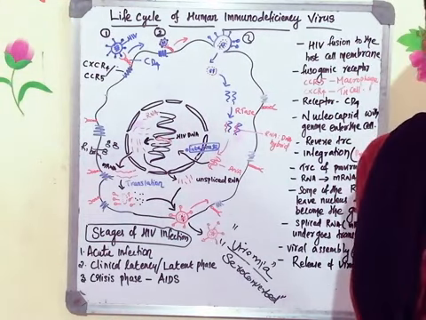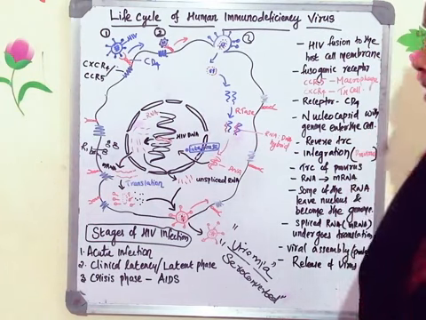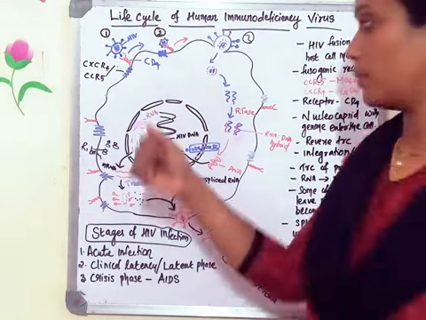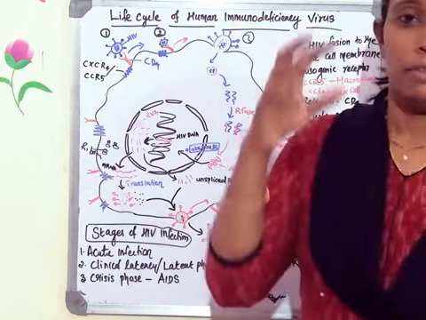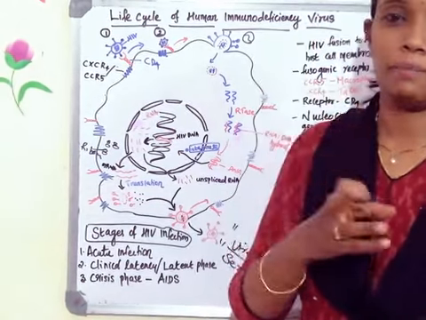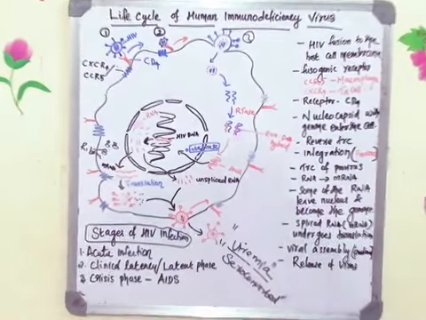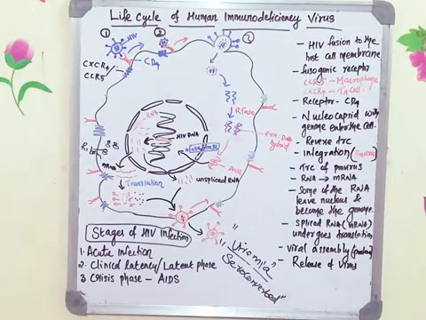This particular stage is very, very dangerous. During this stage, the proviral stage will be there. The viral genome gets integrated with the T helper cell genome, and it will be there for a longer time in the latent stage. That stage is known as the latent phase. It can last for 15 years also. That is again asymptomatic. You cannot identify antigen or antibody in the serum. The viral replication rate will be very low because it is in the proviral stage.